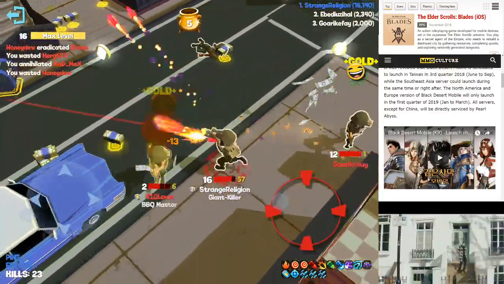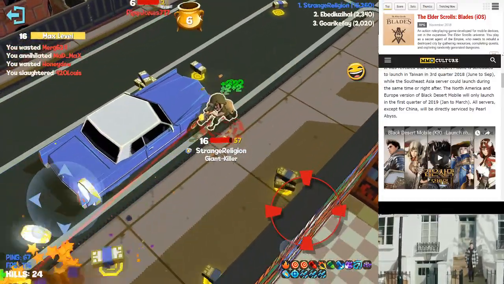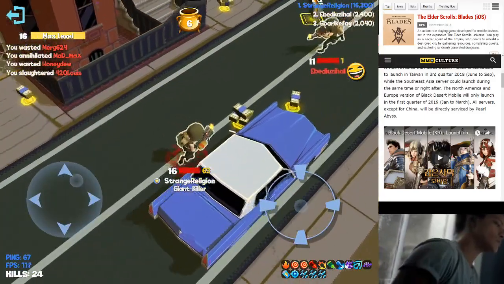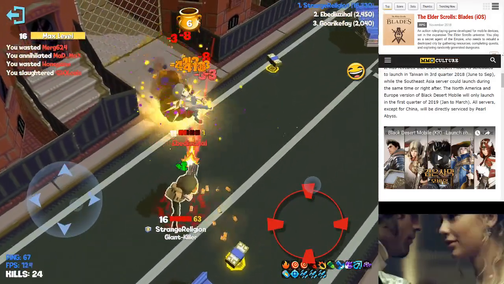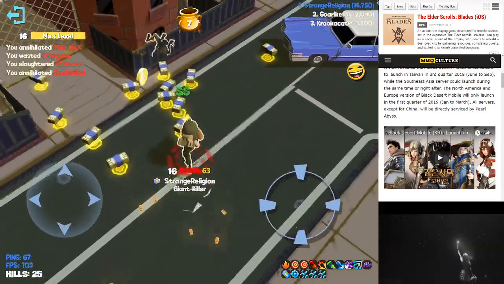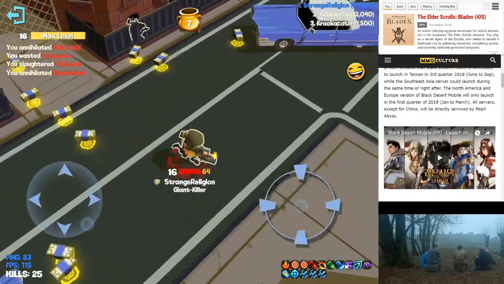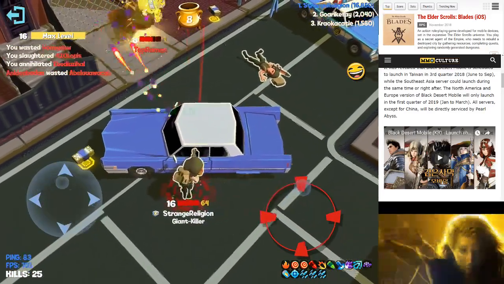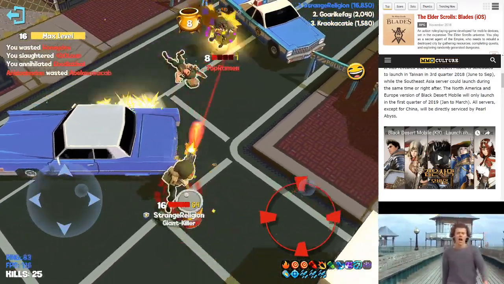Here's the other good part about slowing shot: when these low-level players come to pick up the gold from your kills, you can just take them out. They have such a low amount of health that if they try to pick up really any more than a few shots, they're going to get annihilated. I also kind of would like to retract the statement I made earlier about homing shots. I do feel like...